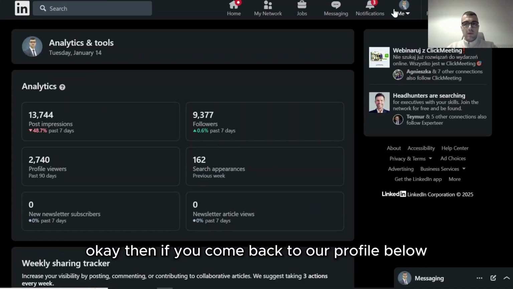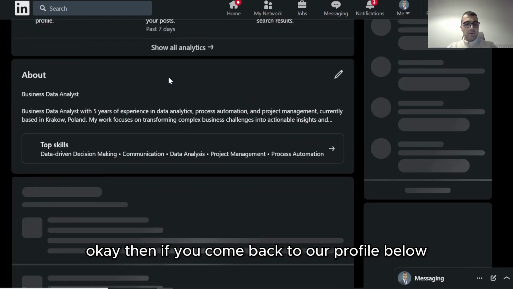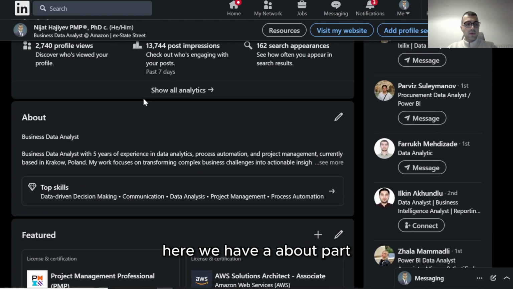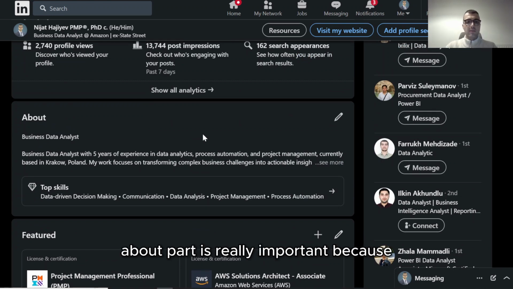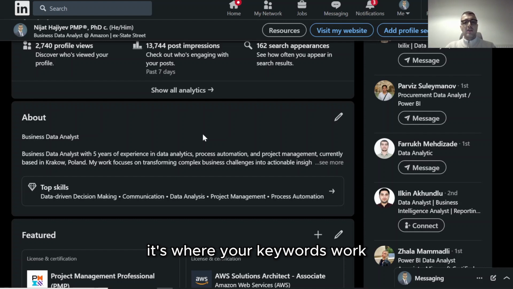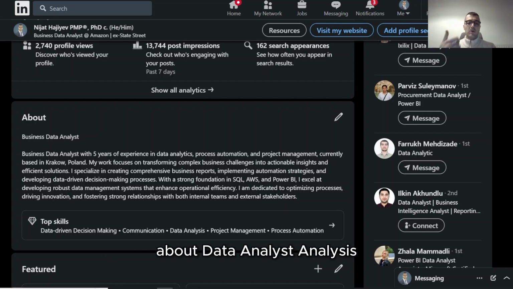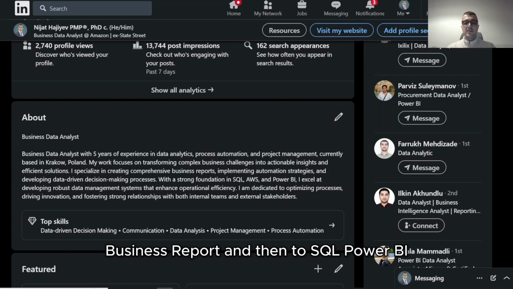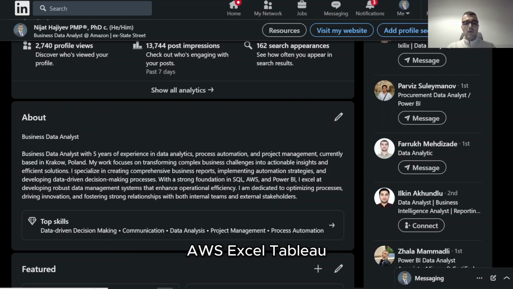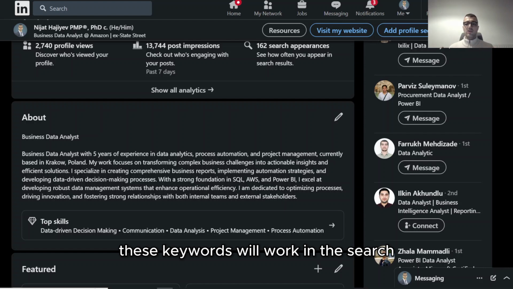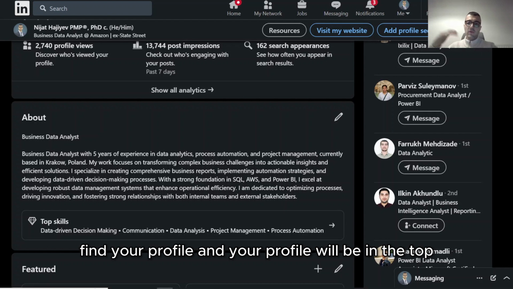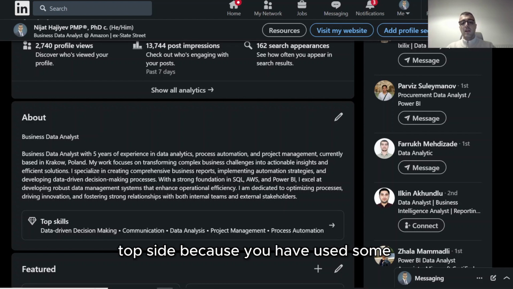Okay, then if you come back to our profile, below we'll see that here we have an About part. The About part is really important because it's where your keywords work. If you add information here about your role, about data, analyst, analysis, business report, and then tools like SQL, Power BI, EVS, and Tableau, again analysis, financial analysis, these keywords will work in the search, and it will be easy for the people to find your profile, and your profile will be in the top side because you have used